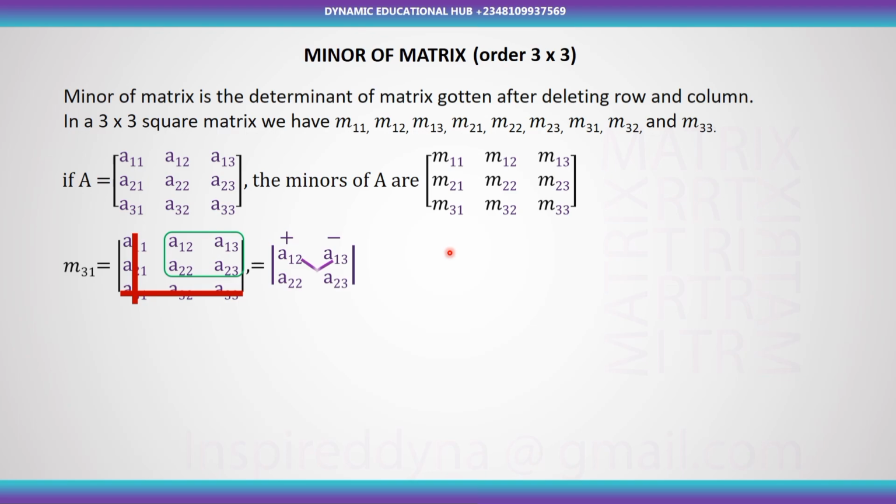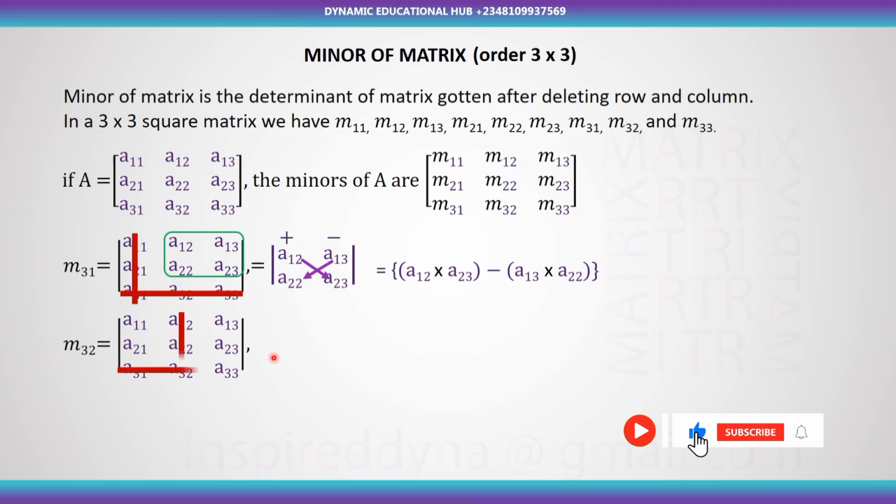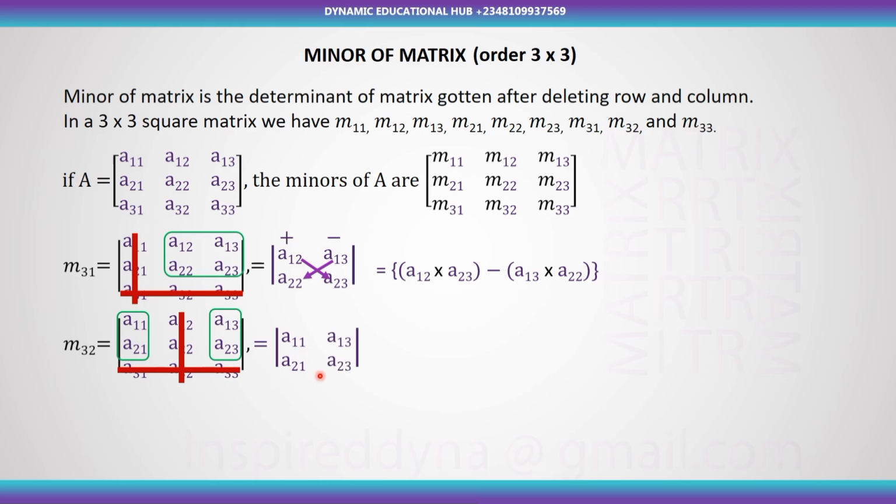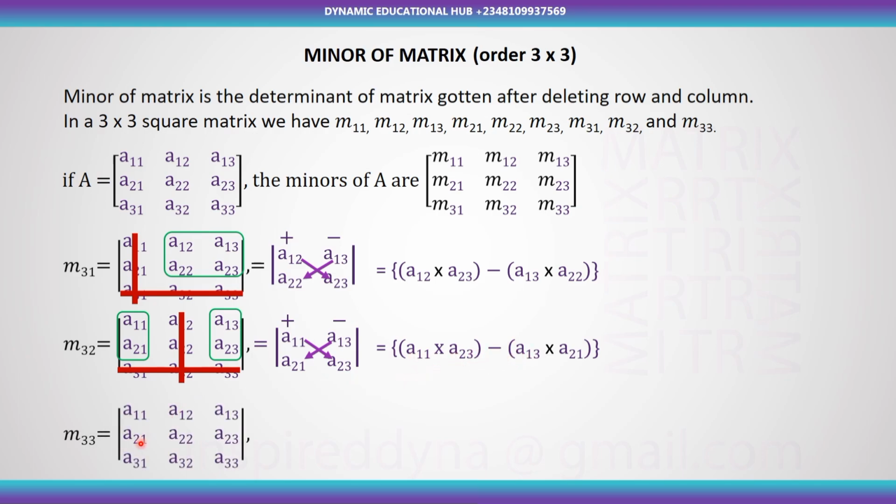After you have found the determinants, you are getting this for the determinants. You move to the next one again. Delete the third row, second column. You are left with this. Find the determinants. So after finding the determinants, you get this. Lastly,